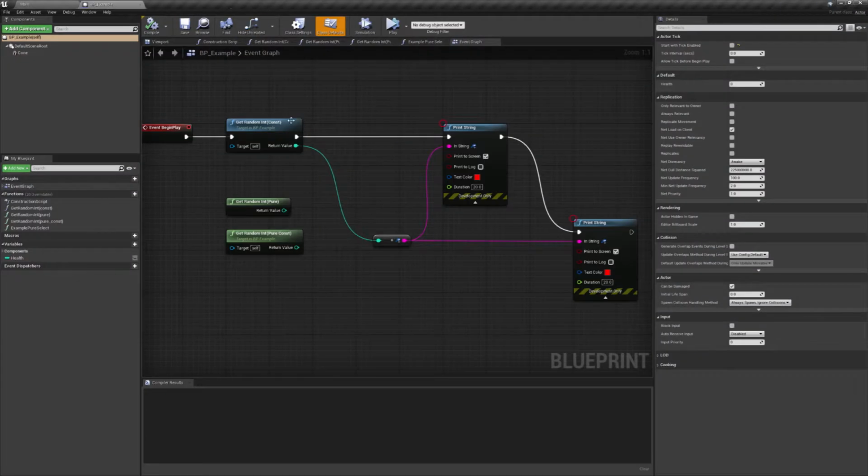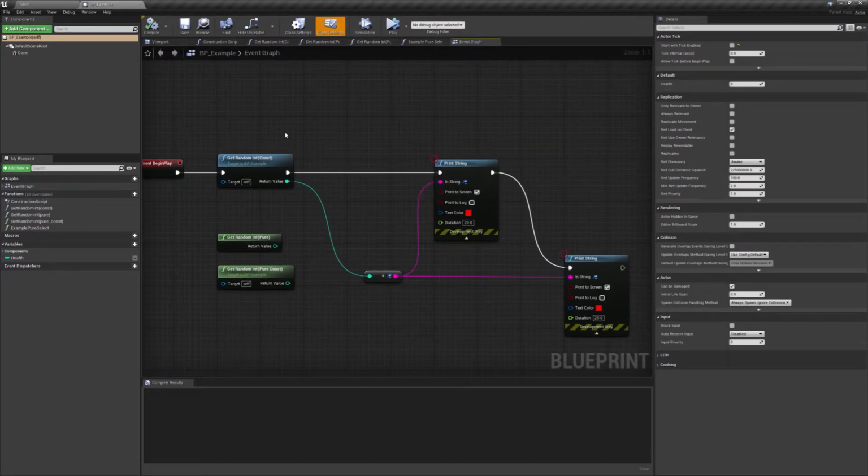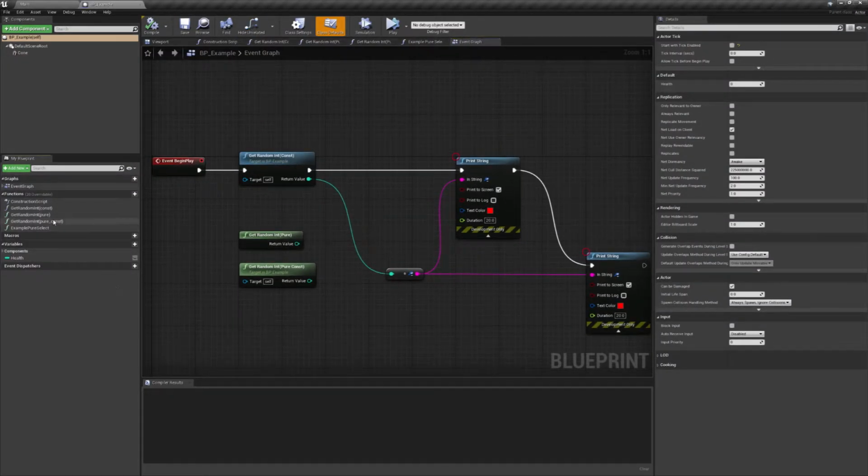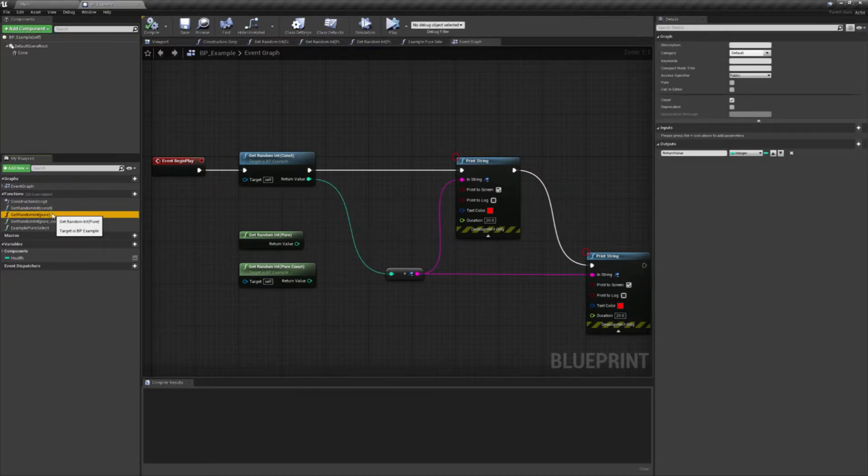So I open up my example, and what I'm going to go over is the difference between functions that are constant, pure, and pure plus constant, where you click on constant and pure for the function, and what the differences are between them all. So just to let everyone know, in general coding,